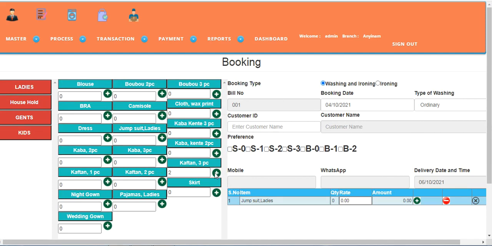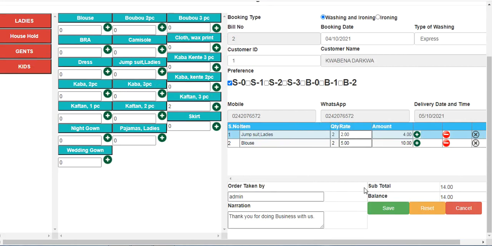I enter that, and I have to enter the quantity also, so I increase it. The rate is not provided in the master, so it doesn't bring it automatically. And I enter the customer number also, so it brings me the name of the customer and the details. So I save this one.